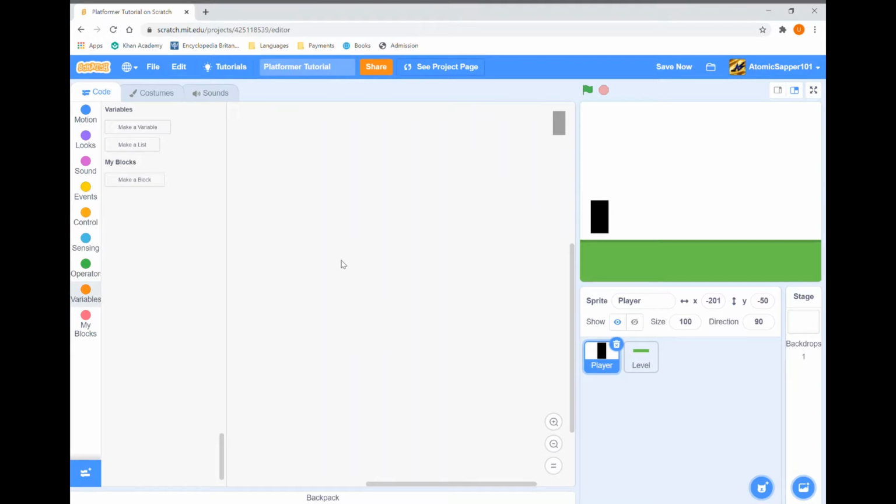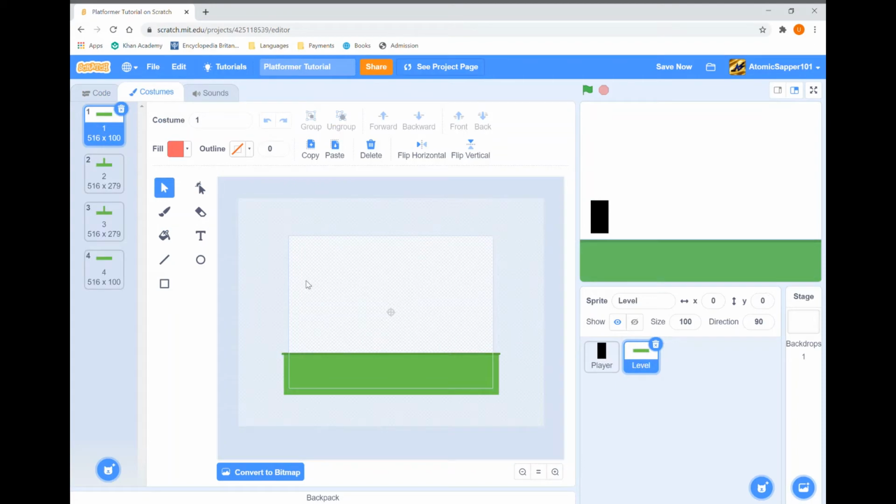Hey guys, welcome back to another Scratch tutorial, and in this tutorial we're going to be making a platformer. So I basically have a player and I have like 4 simple levels,